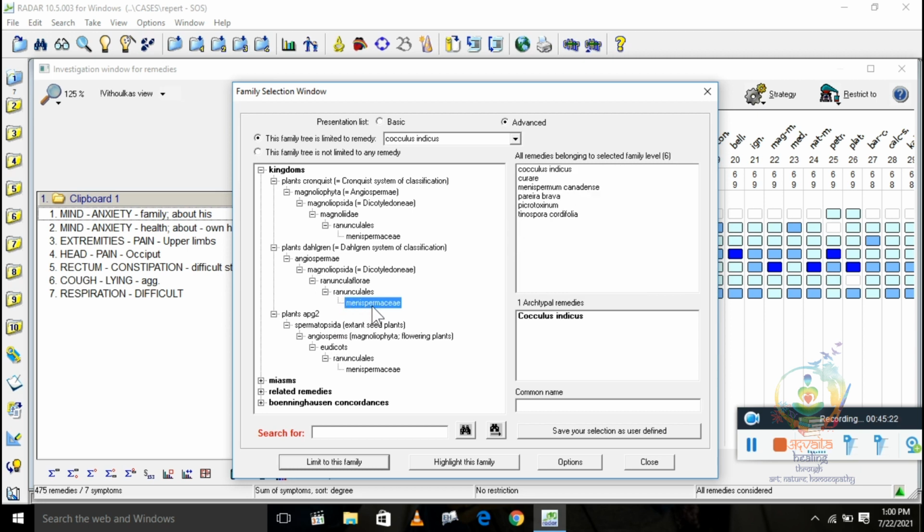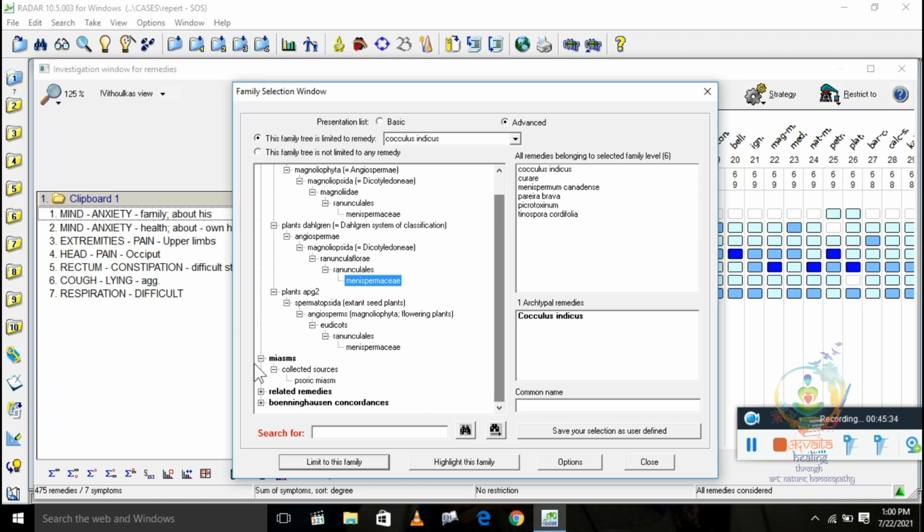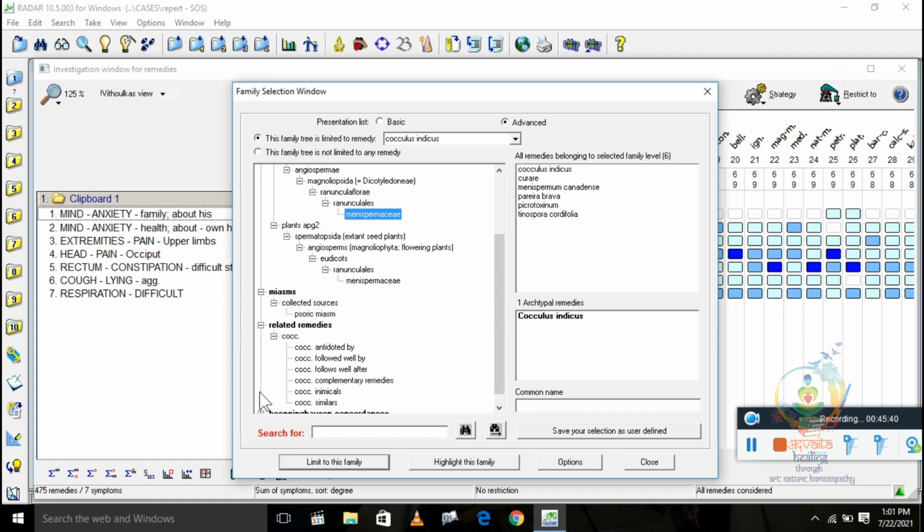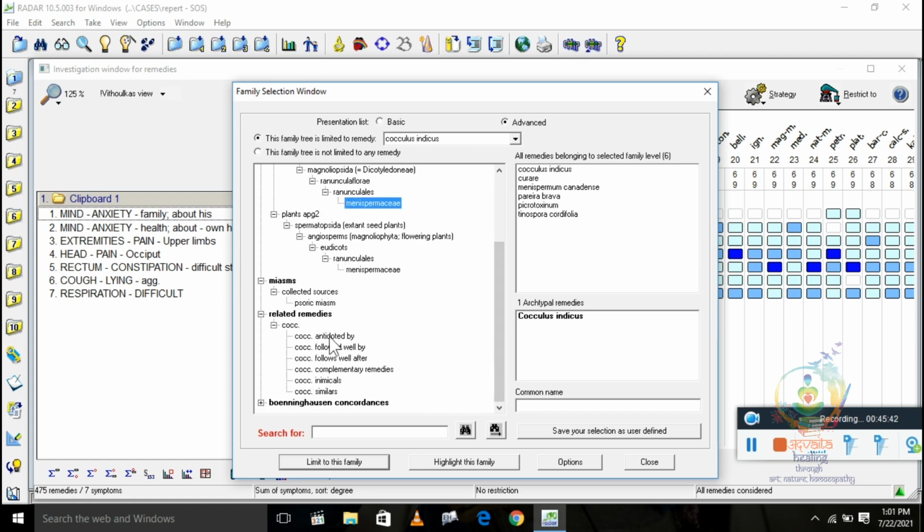And now if you click on Menispermaceae, you can see which other remedies are in the Menispermaceae family. Same for miasm, you can check like this. According to collected sources, it is a psoric miasm, and related remedies like antidoted by, followed by, you can read here, which remedy follows well and all.